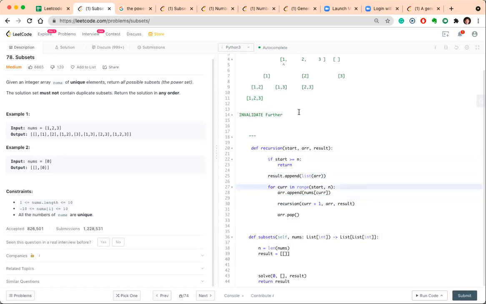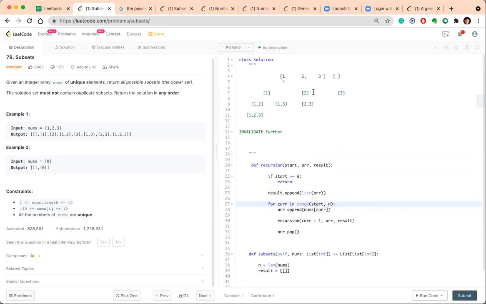Since we have multiple possibilities from one point, like at the first place we had three possibilities, 1, 2 or 3, as Samruddhi was explaining, instead of not choosing everything, we just chose everything once. The way to do that is a simple for loop that chooses every element once.